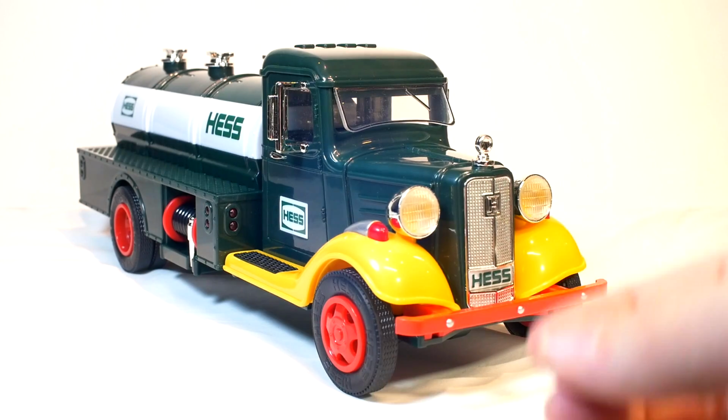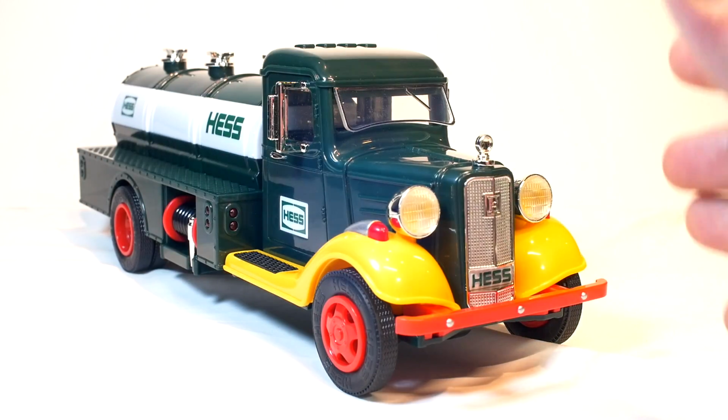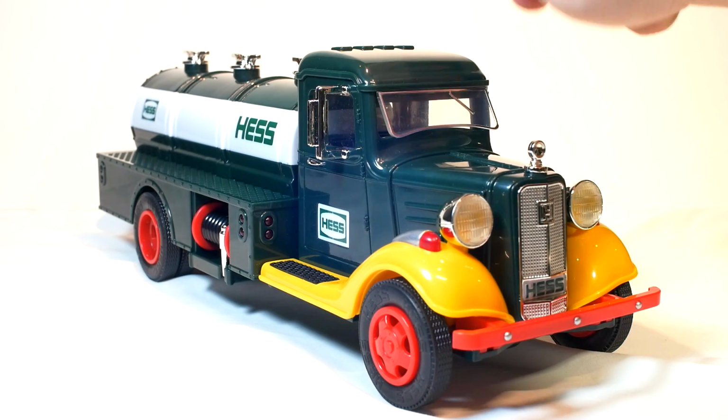obviously the flashers will go off and we get an engine starting and idling sound. And I gotta tell you, I absolutely love it because it would have been really unfortunate if they had put a sound in this truck that sounded like a modern day engine starting up. You can very plainly tell that that is the sound of a 1933 engine turning on and kind of struggling to stay on. If you hit the next button,